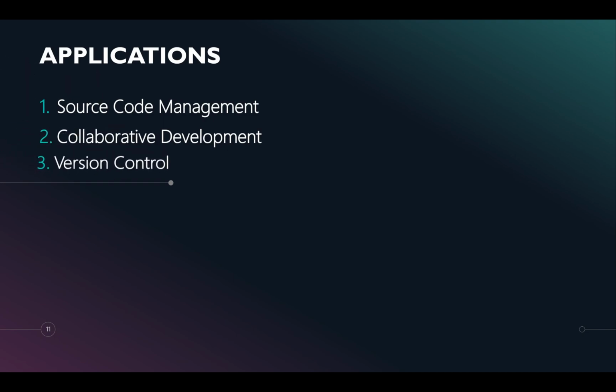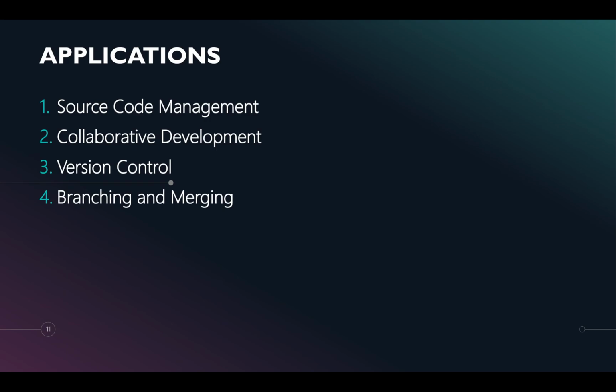3. Version control. Git provides a complete history of changes made to a project over time. This allows developers to revert to previous versions of their code, compare changes, and identify when and by whom specific changes were made. 4. Branching and merging. Git's branching and merging capabilities allow developers to work on multiple features or experiments concurrently without interfering with the main code base. Branches can be created for new features, bug fixes, or experiments, and later merged back into the main